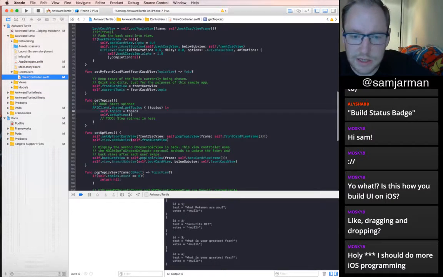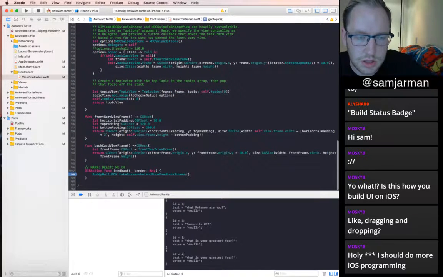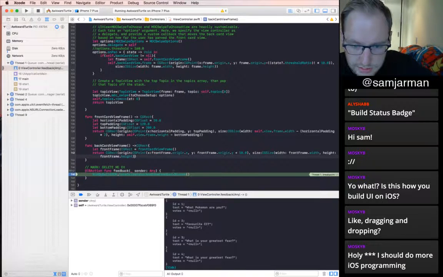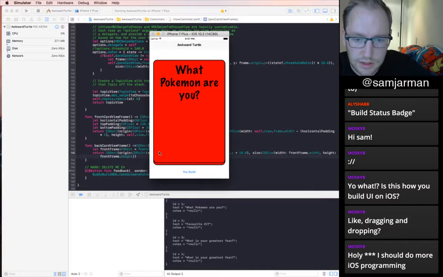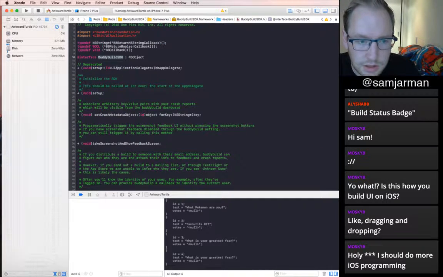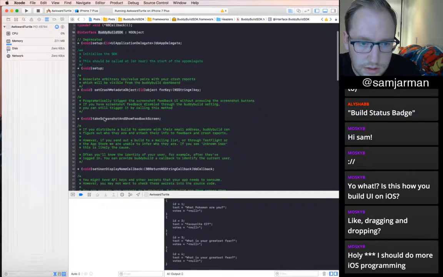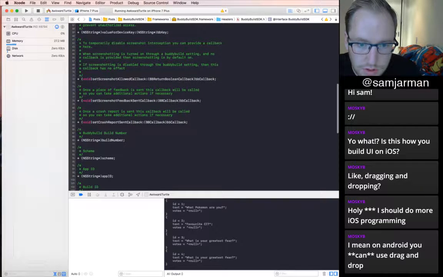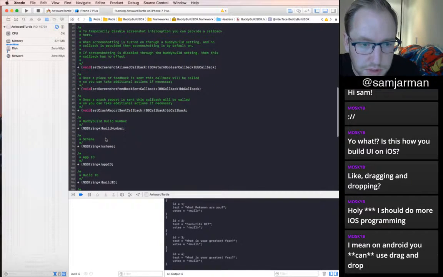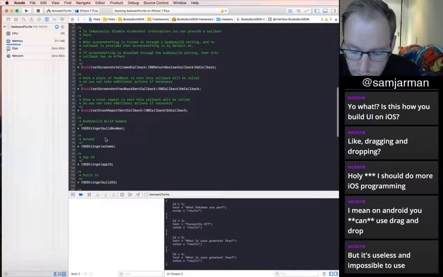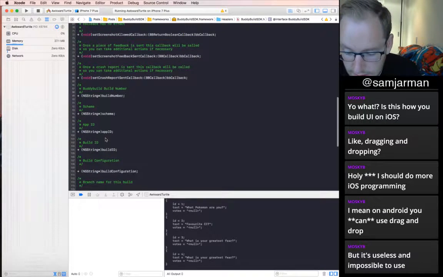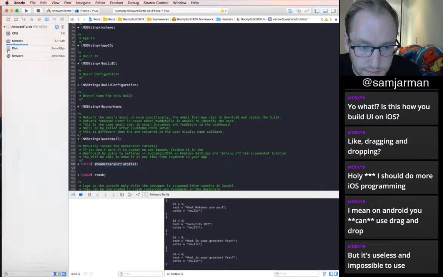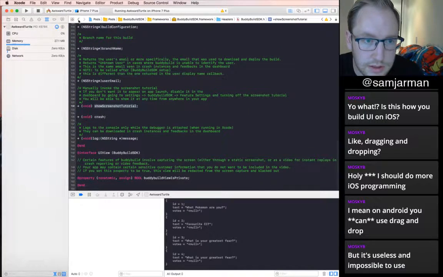Why is my code not running? My code just fell out running. That's just one that's not working. What have I forgotten? Buddybuild set up. Done that. Do I need to the callback? Should be easy done, but okay. I mean, you can use drag and drop on Android, but it's impossible or hard to use. Well, I can see that at least. So let's try that.